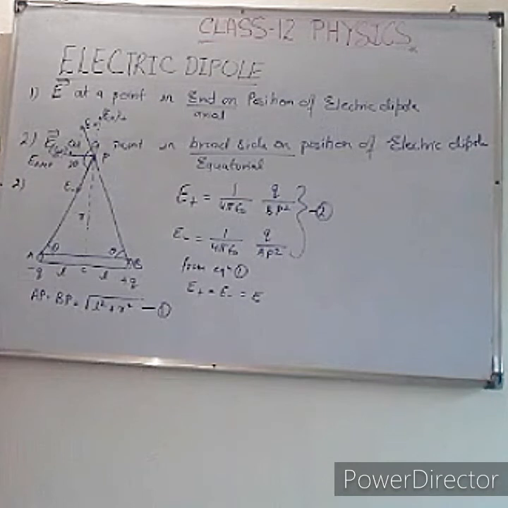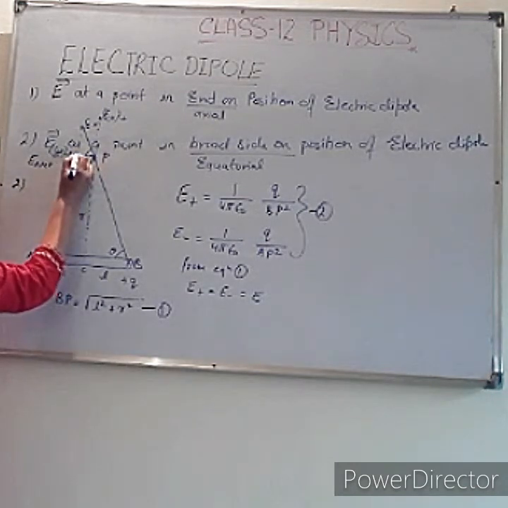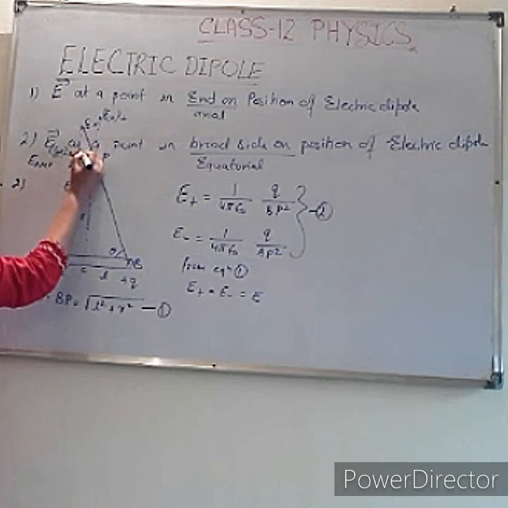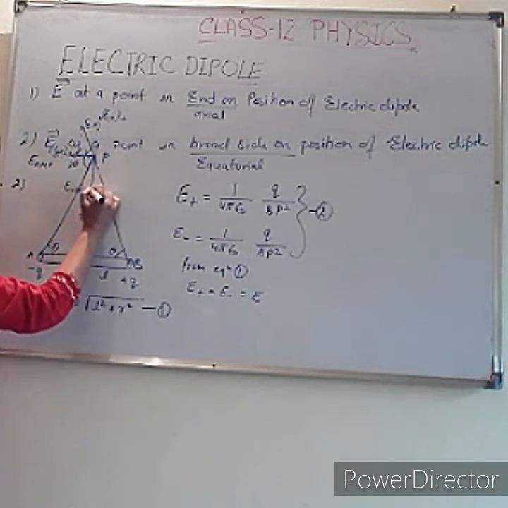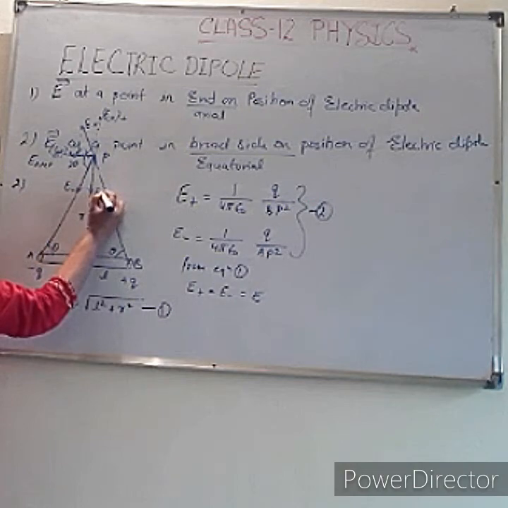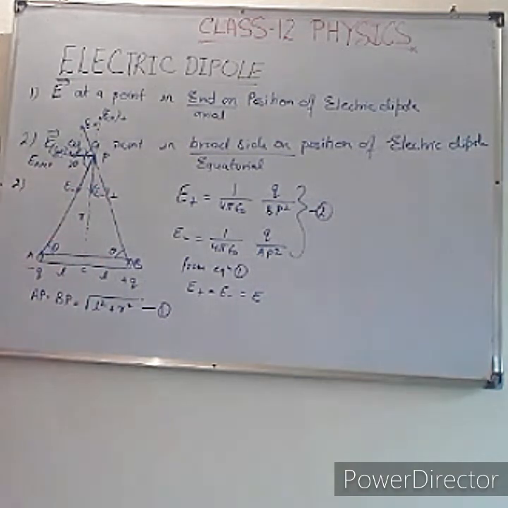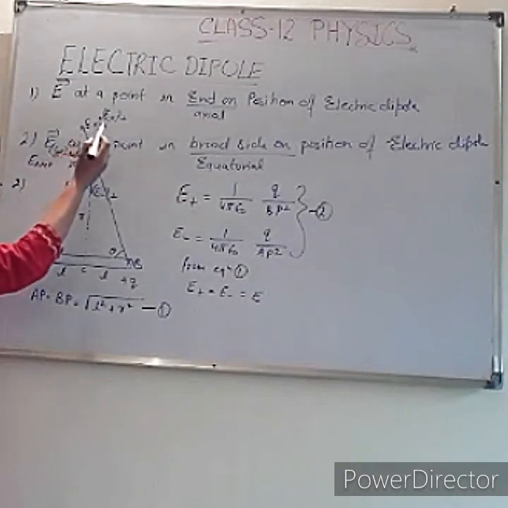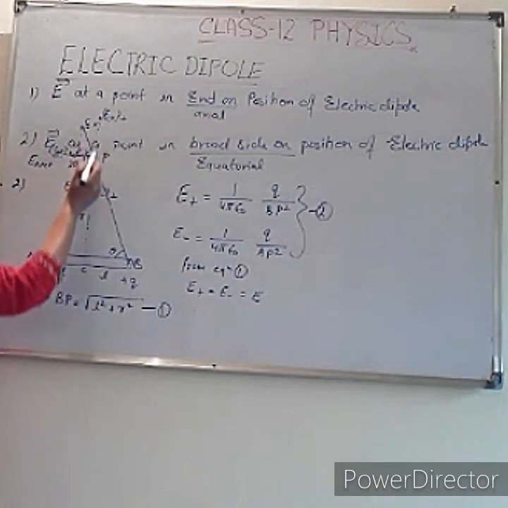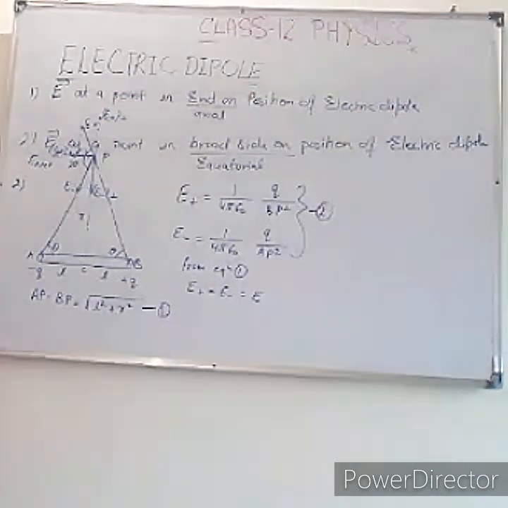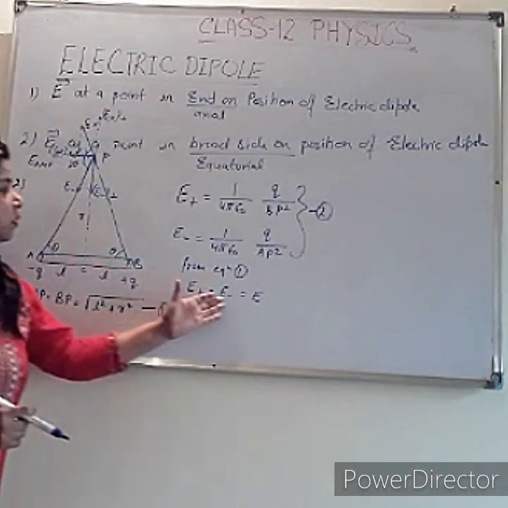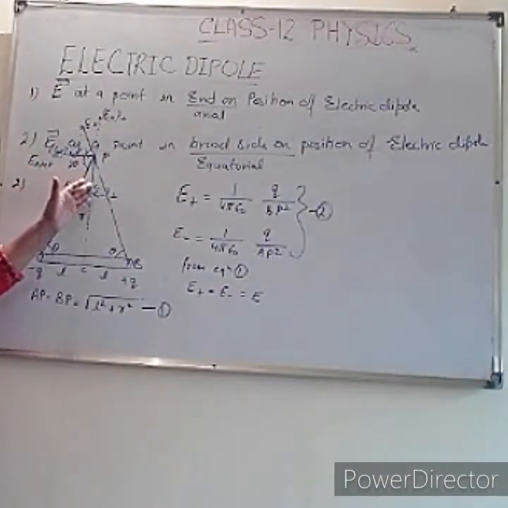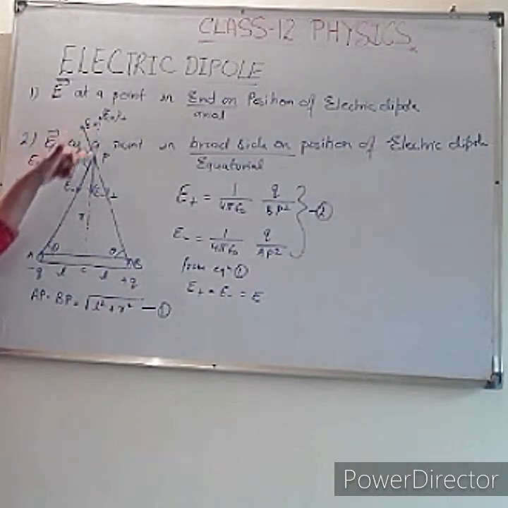Okay. Now for E minus, one is the parallel component of electric field, so E minus parallel, and in the reverse direction E minus perpendicular. Now you can see E plus perpendicular and E minus perpendicular are opposite in direction. Because the E plus and E minus values are the same and they are in opposite directions, all the perpendicular components will cancel each other because of the same value and opposite direction. So we need to take only the parallel component.